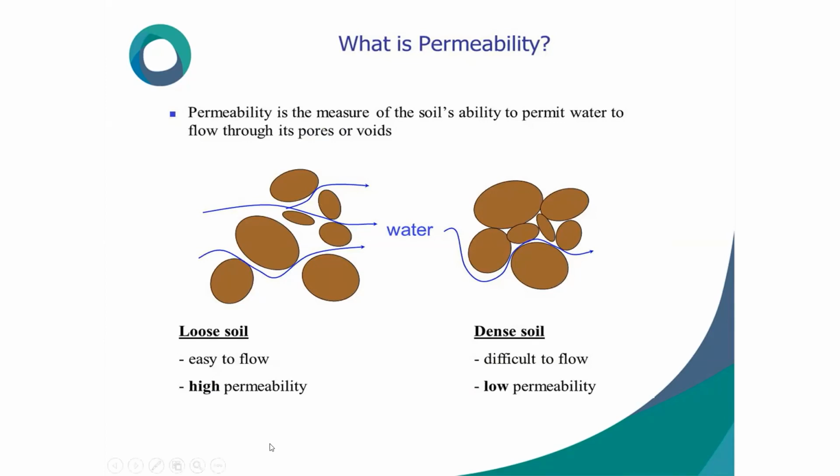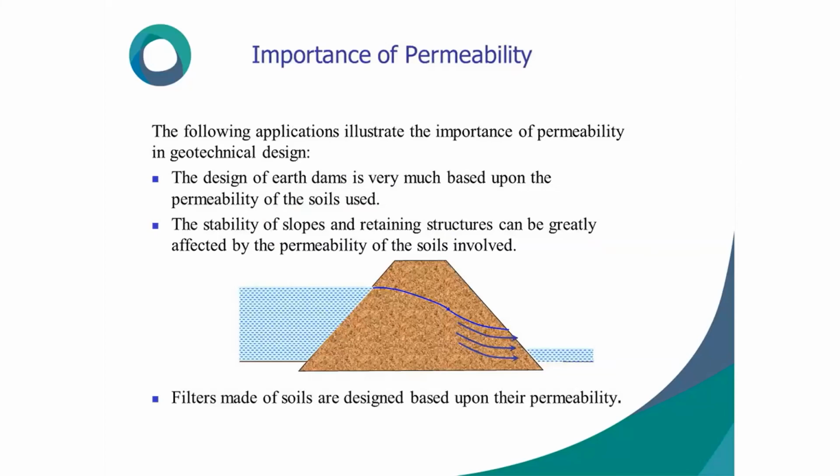If it is loose soil, it is easy to flow, so high permeability. If the soil is very dense, completely packed, then water going and coming will take a long time, so that's why we define it as low permeability. If it is coming very fast, it is called high permeability. So, the importance of permeability: the following applications